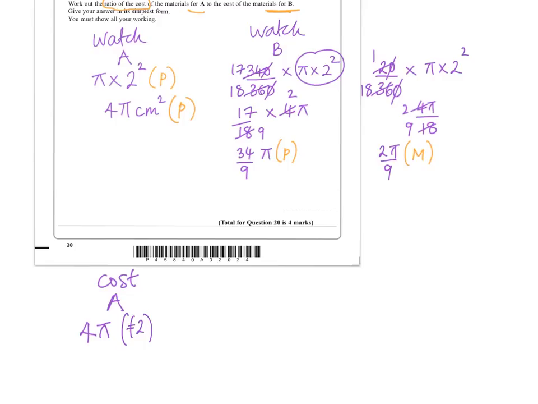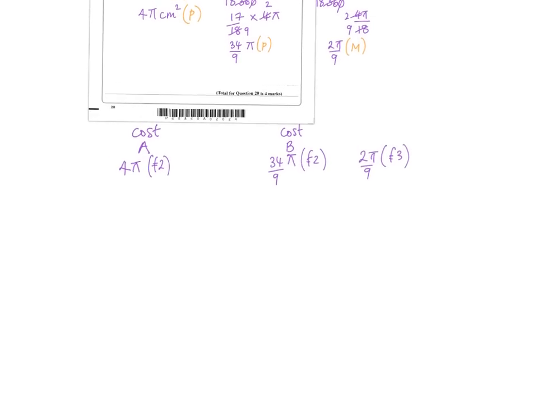£2 there. And then if we look at the cost of watch face B, we're going to have our 34/9 of pi, and then we see plastic, so we're going to have £2 there, and then we're going to have the metal part, and that's going to be £3, don't forget. So if we look at those costs in the simplest form, so